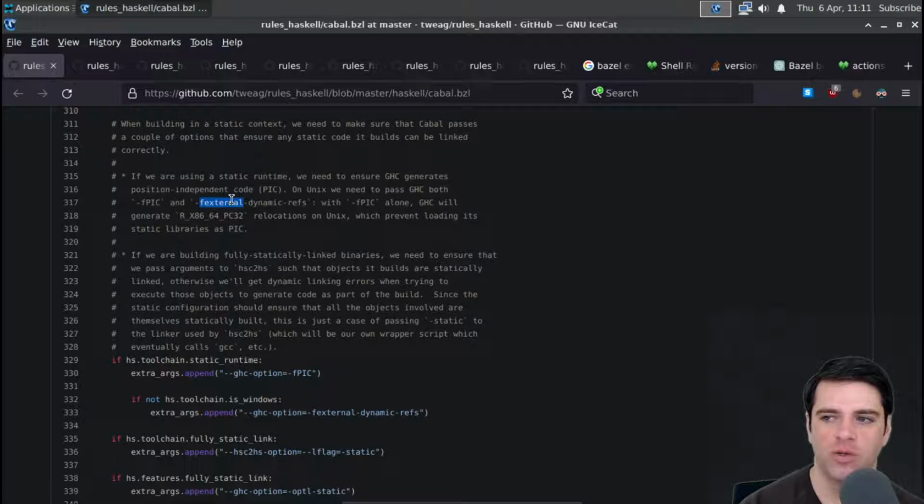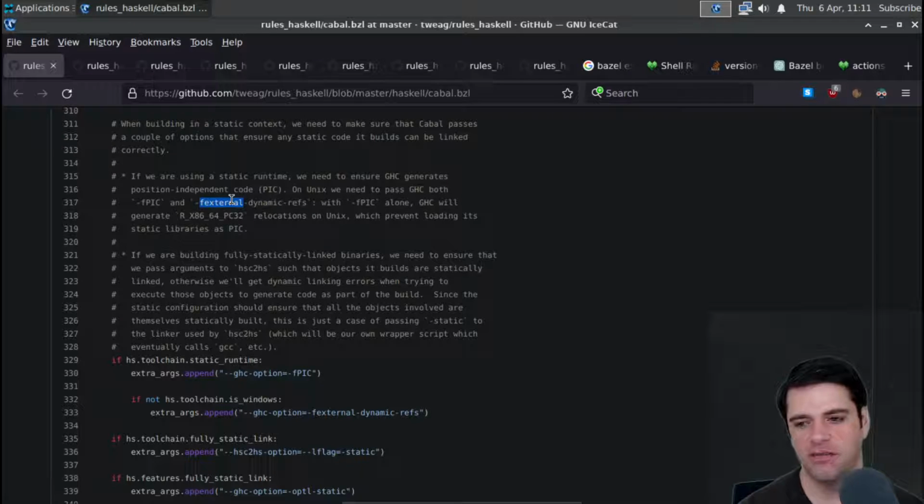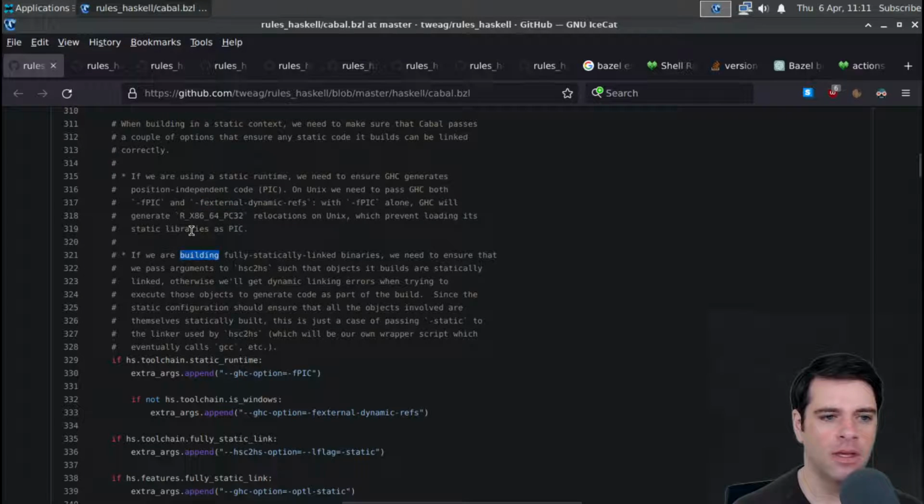And then if you're using these rules and you run into similar problems, you'll have a sense of where to look, either in GHC or in rules_haskell, to understand what's going on, I guess. On the other hand, if we're building fully statically linked binaries, how's this different? So this is for a static